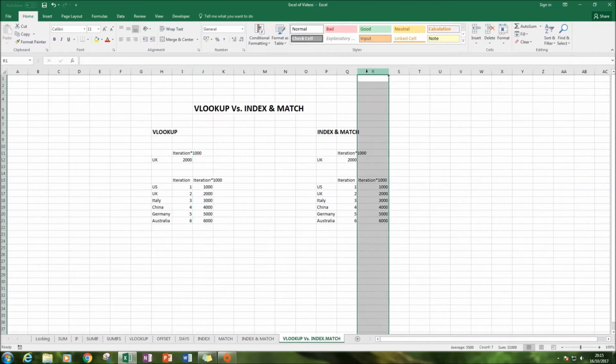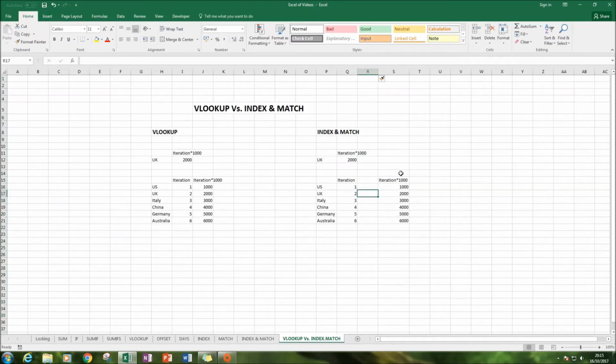However, when you insert a column with an INDEX and MATCH function, it doesn't break it. It still references that column because it's looking at that and comparing it to whatever is in its range along here, which when it finds that, it uses that and locks onto that. Another one